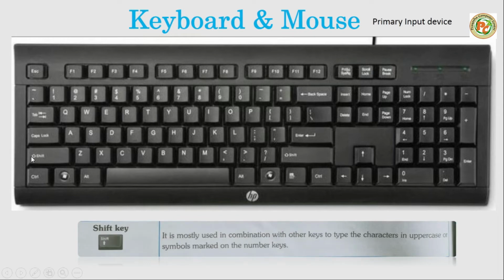Shift key, again there are two shift keys on the keyboard, one on the left side and a second on the right side, and it is mostly used for combinations like uppercase letters. If you want to write capital letters or any combination, then you can use the shift key. Generally the shift key is used to type capital letters, or if you want to press any symbol. On the keyboard, many keys have two characters printed. Whenever you want to print the upper symbol, you have to use the shift key with that key.